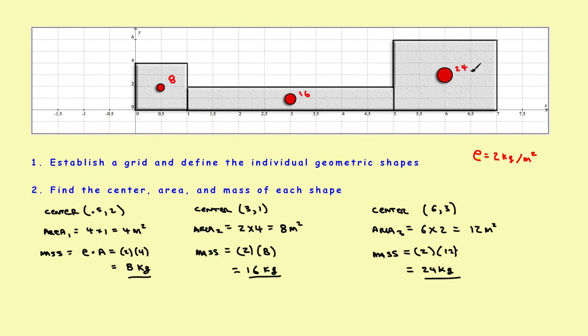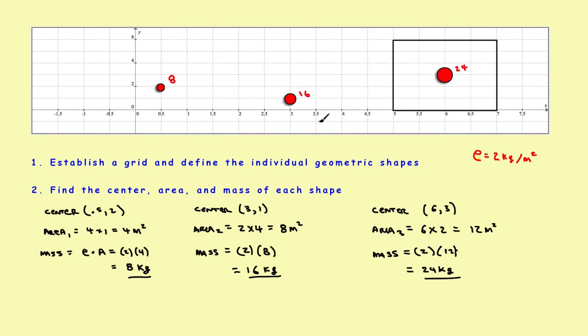So what you've done is take your original solid system and reduce it to an equivalent two-dimensional point mass system. At this point, you really don't need the solid one anymore, so let's get rid of that and concentrate on the point masses. First, if we get rid of this gray shading, it'll reduce it to this. The first rectangle has been reduced to a point mass, so we'll eliminate it. It's been replaced with this. The second rectangle has been reduced to this point mass, and finally this third rectangle has been reduced to this